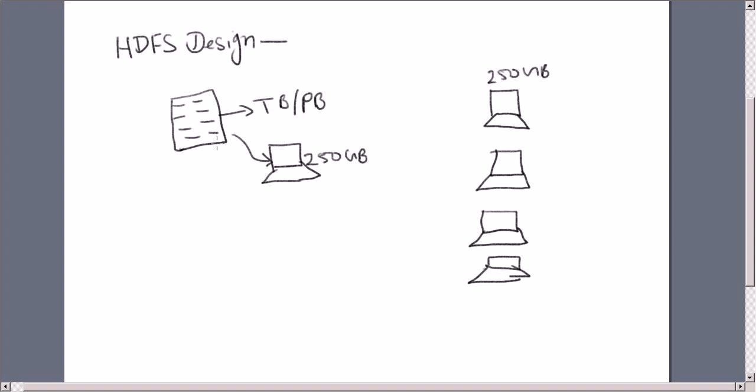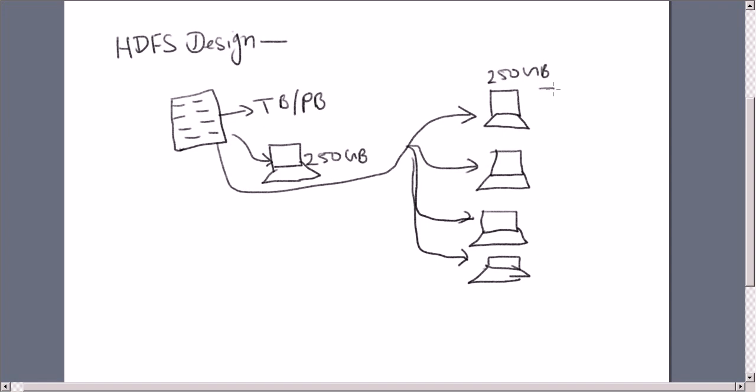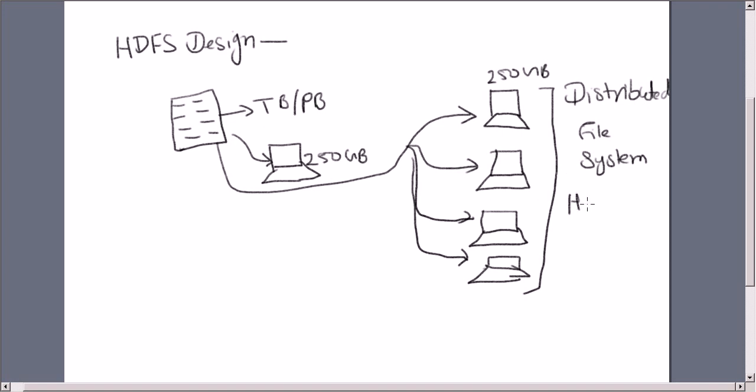So your file can be stored in 4 parts on these 4 computers. The system which stores your single file in multiple machines is called a distributed file system. In Hadoop, it is called Hadoop distributed file system